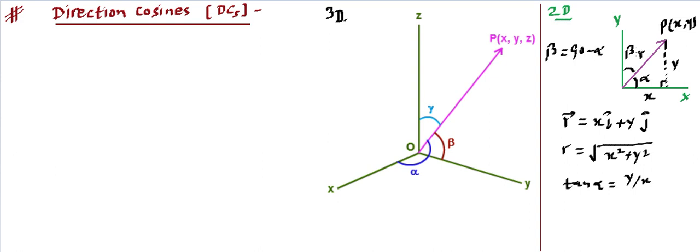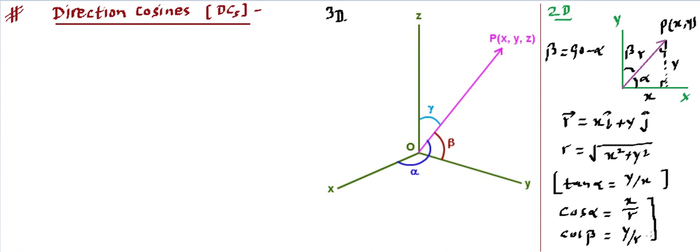So in the two-dimensional case, or for a two-dimensional vector, in order to find the direction, we simply need one angle. The other angle is understood. It's 90 minus alpha. Moreover, we use tan alpha to get that angle. What else can we use? We can also use cos alpha. If we use cos alpha, it's going to be x divided by r. And if we use cos beta, you can see from the figure, if this angle is beta, then we can apply the cos rule over there, so it's going to be y by r.